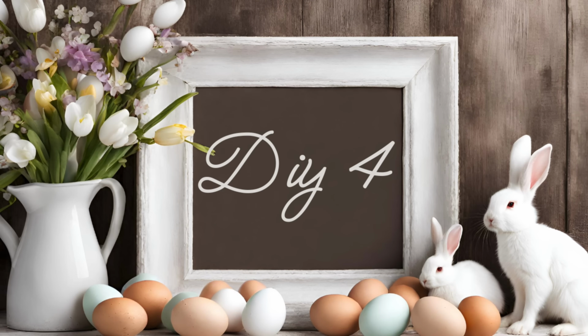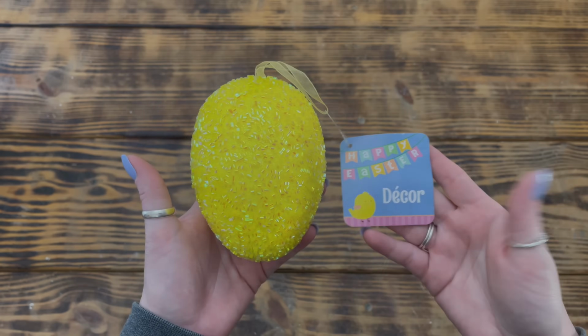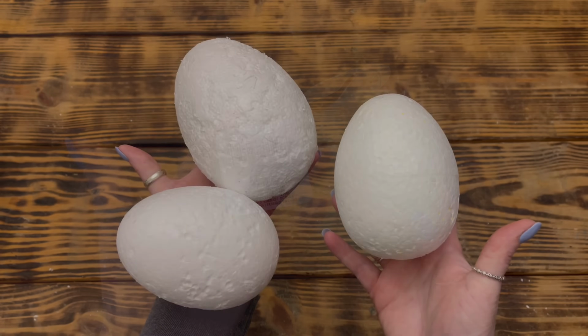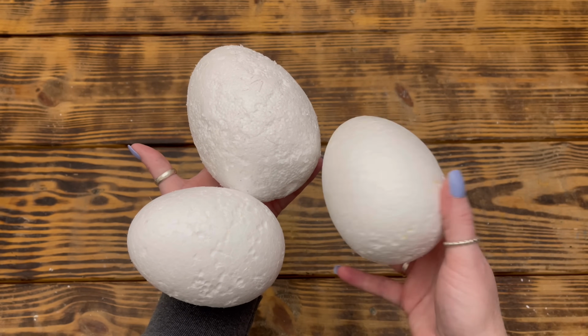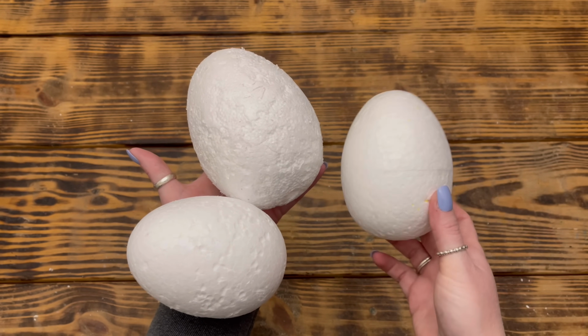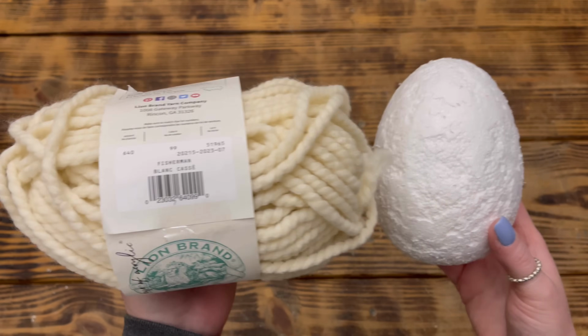Next up, DIY number 4. For this project, I used this large foam egg and these 2 medium-sized eggs, all from the Dollar Tree. I started by removing the hangers from each of the eggs and peeling off all of the glitter beads and fuzz. To wrap the large egg, I used this wool ease yarn in the color Fisherman that I picked up